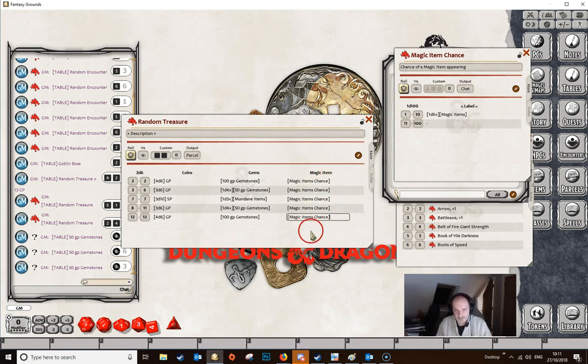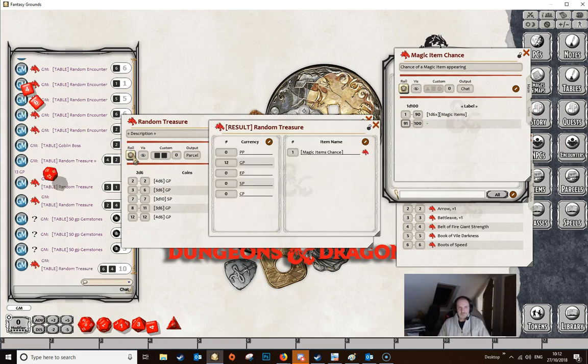Make sure you get it right before you do the copy pasting. And so what's going to happen now is when we roll on this table, we're going to get some gold pieces or silver pieces. We're going to get potentially some gems or mundane items, and then we're going to have a chance of a magic item. Now, to illustrate this, I'm going to change the percentages here because we could be here all night waiting for our 10% chance. So let's change the 10 here to a 90 and change the 11 to 91. And so we're going to get a much higher chance of magic items appearing. So when we click now on the table,